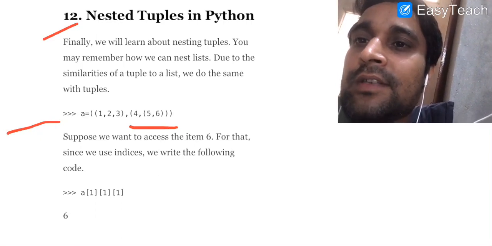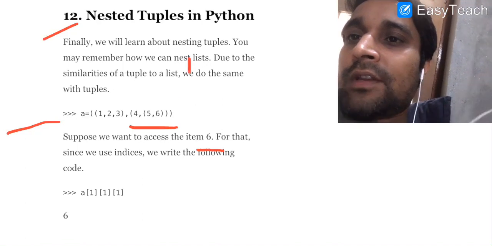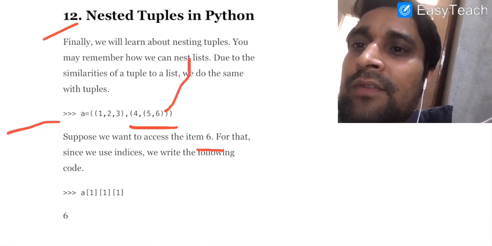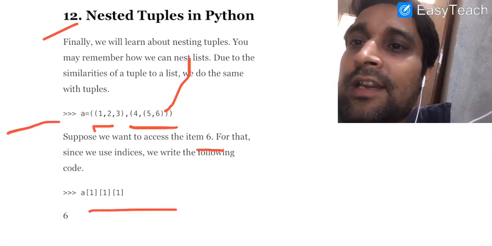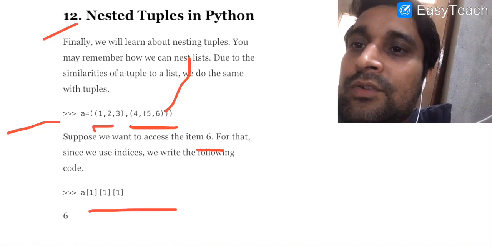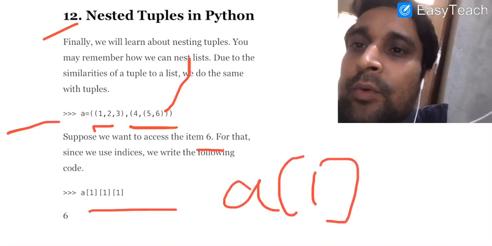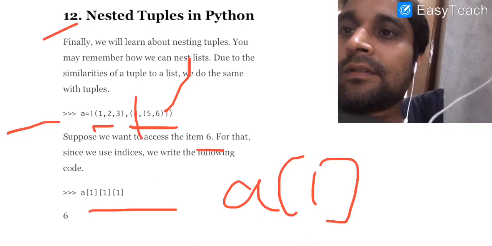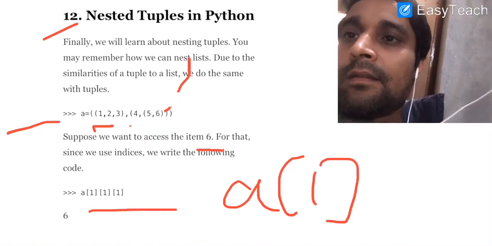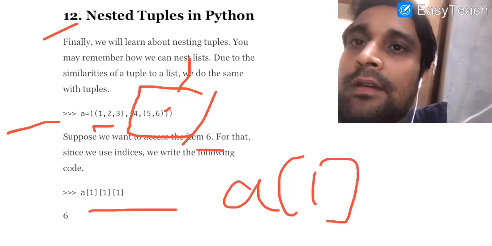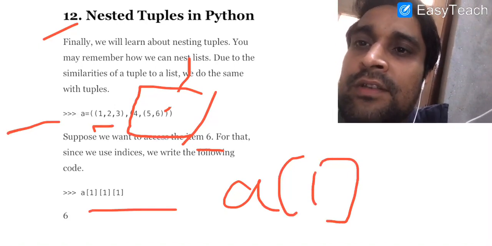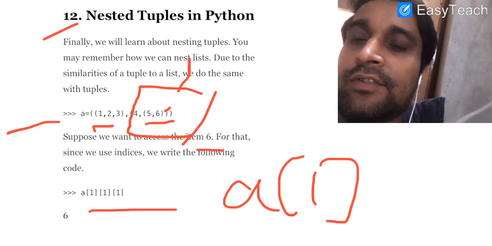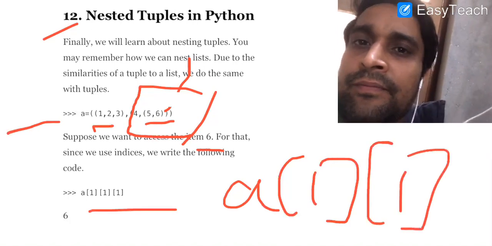Now if you want to access the element 6, what do we need to write? We need to write this statement, because it is one element, it is the second element. So A of 1 will point to this complete part, that is (4, (5, 6)), and then A[1][1] will point to the tuple (5, 6).